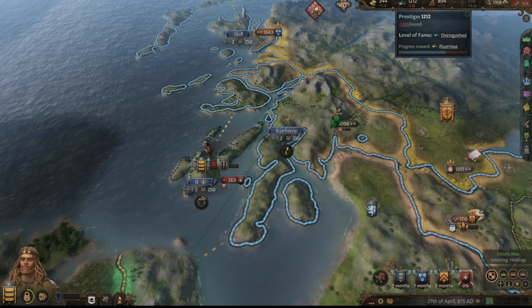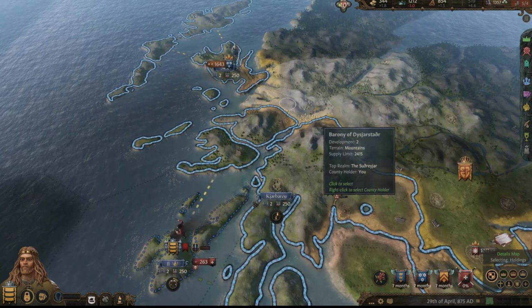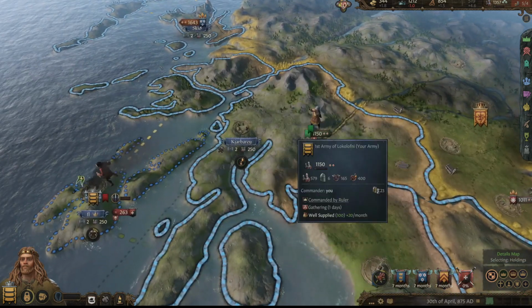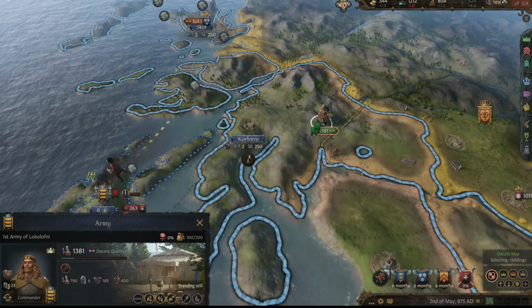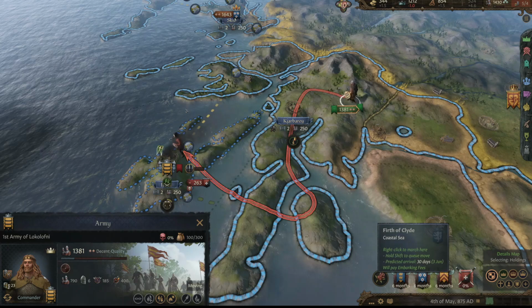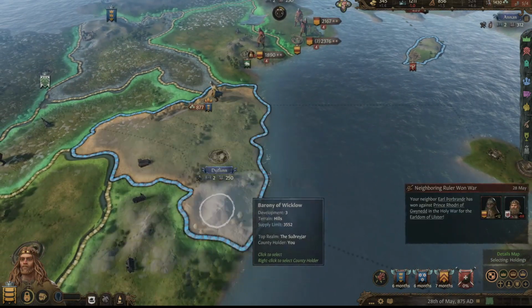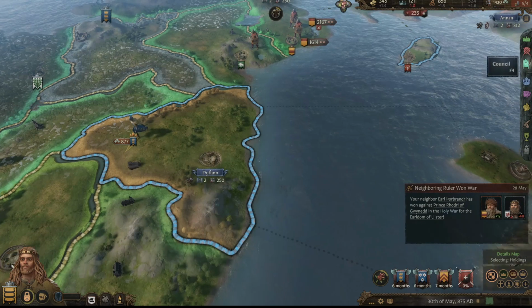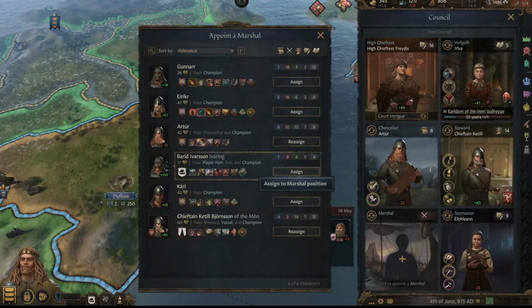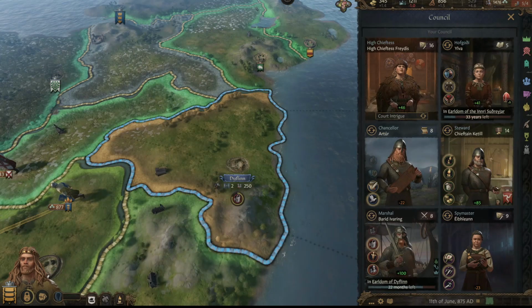You can see here we're losing some prestige. We need to, I think, get to war. Ivar will head up the army, and we'll come teach these guys a lesson. We have low control here. I think I want to address that. I'm going to make my son my marshal, and we'll set him to increasing control here as his first